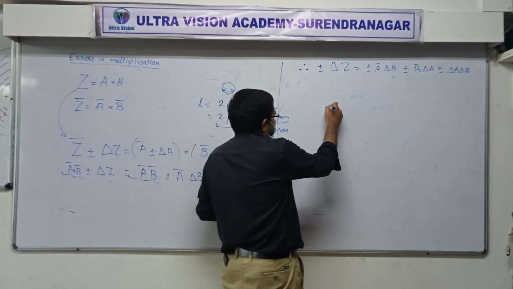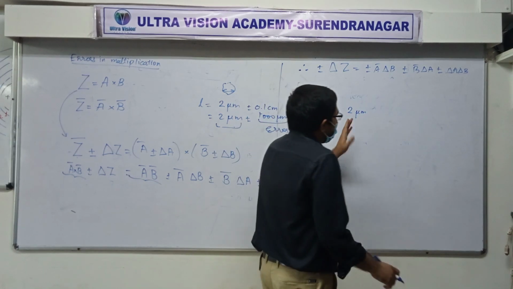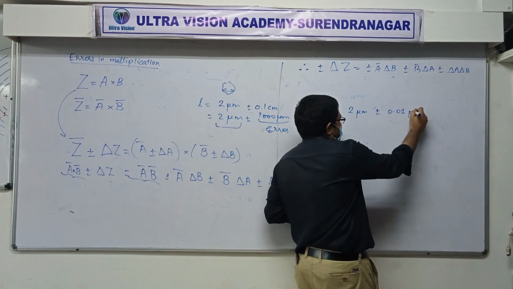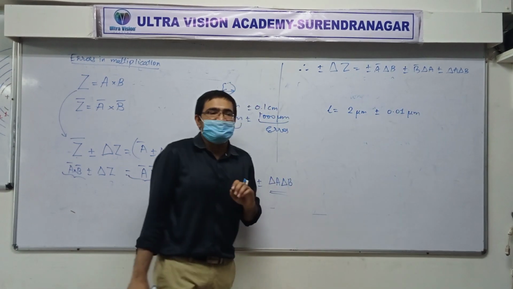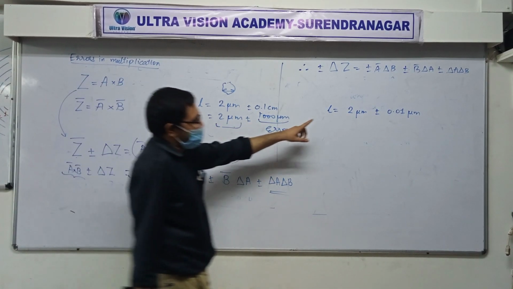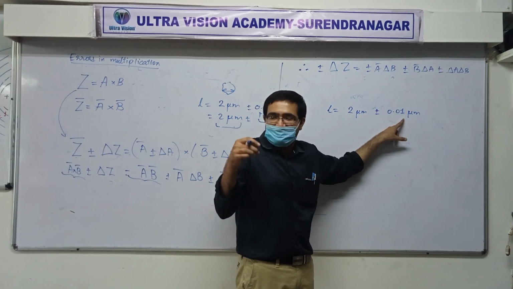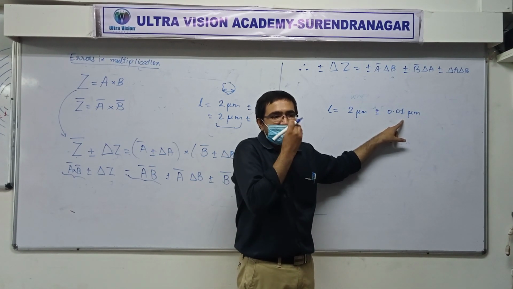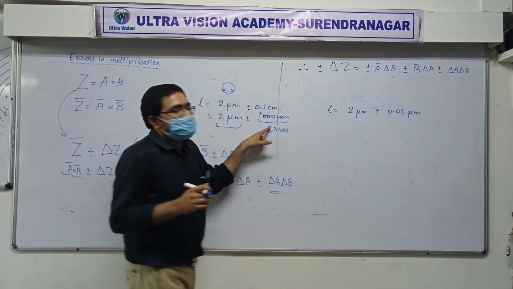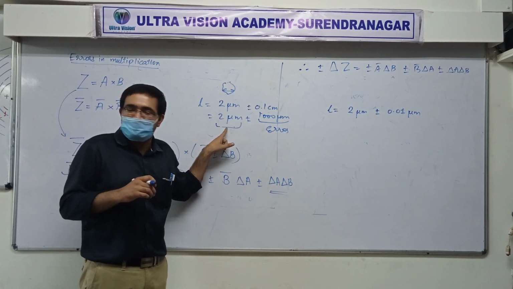For example, with a microscope, someone measures the length of an amoeba as 2 micrometer plus or minus 0.01 micrometer. Now it makes some sense. Not very great. We have measured it to be 2 micrometer and now we are not sure about 0.01. It might be that much more or it might be that much less. This is a good measurement and the earlier one is a good joke. It's not even a measurement. This is only a joke.